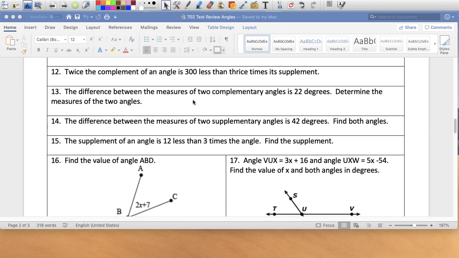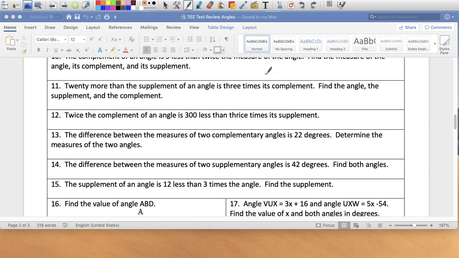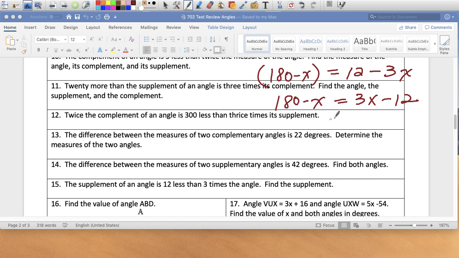15. The supplement of an angle, we're still doing the supplement of an angle, so we're talking about this guy here, is 12 less than 3 times the angle, which is x. So switch right over here, 3x comes to the front, minus 12, remove the parentheses, and then let's just solve. So I'm going to do plus x, so I get 4x over here, plus 12 here, plus 12 here, I'm going to get 192. So divide by 4, x equals 192 divided by 4, which gives us 48. So if one angle is 48,